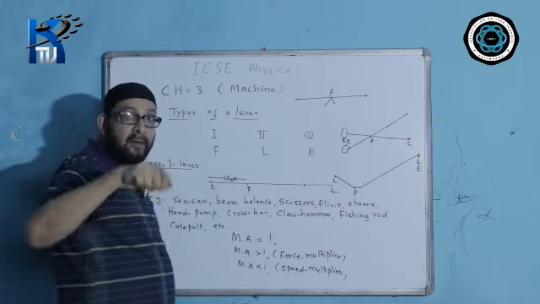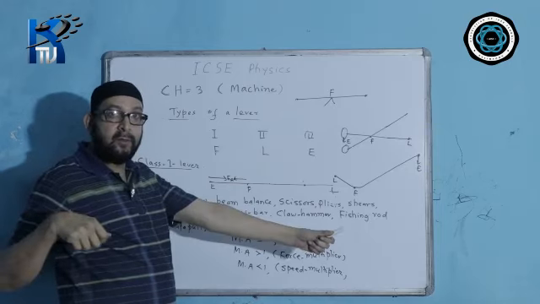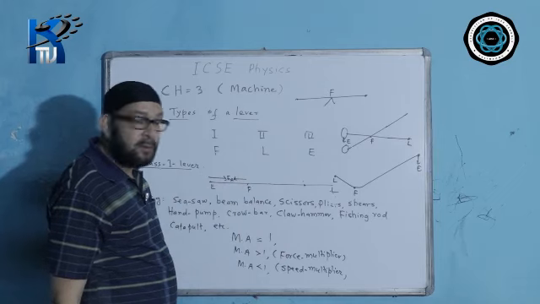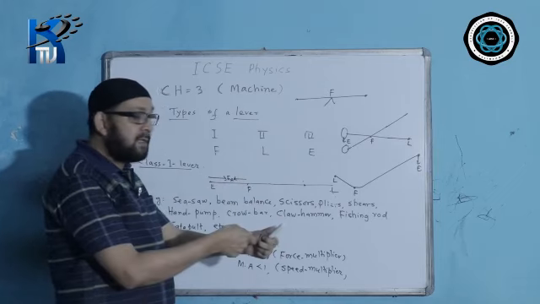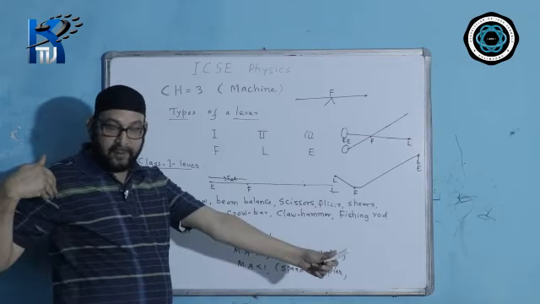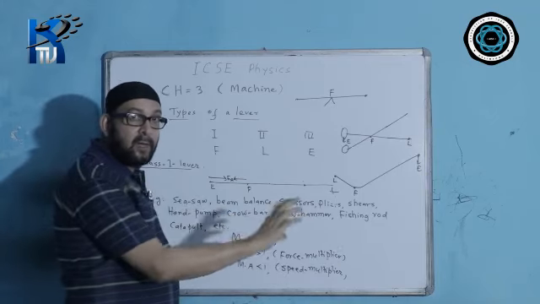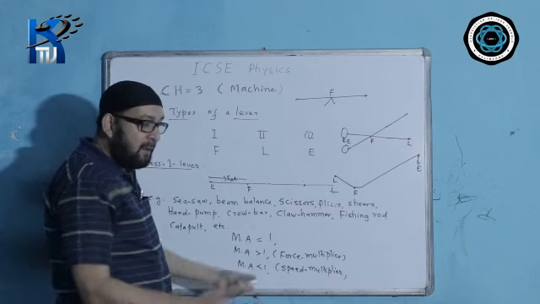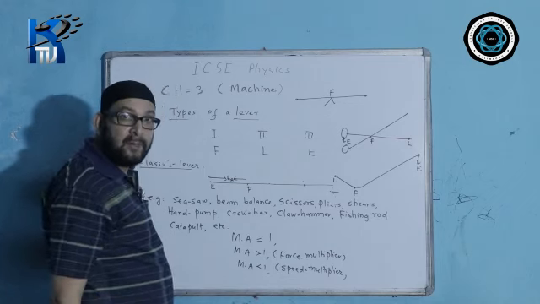Even the jack handle, which is used to change the tire in case a car gets punctured, the jack is provided with a long handle. It's also an example of a class 1 lever. With a long handle, the effort arm is longer and the load arm is shorter. So it is a force multiplier. We are lifting heavy load but by applying much less effort.